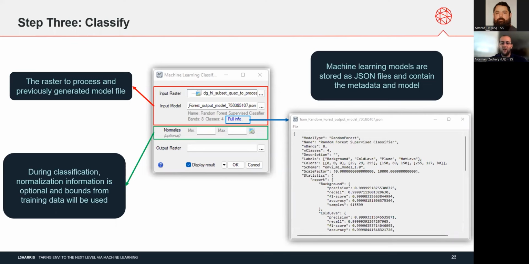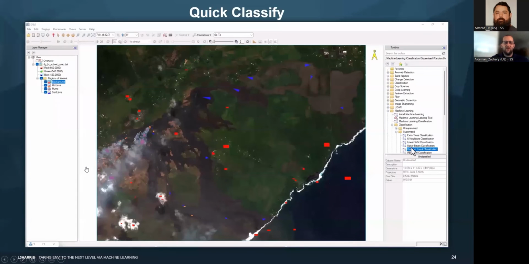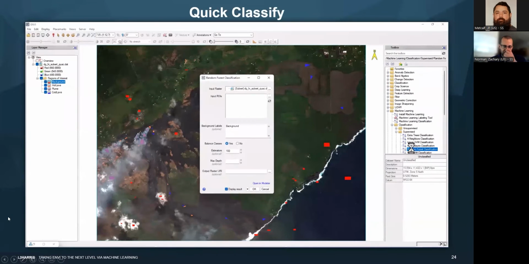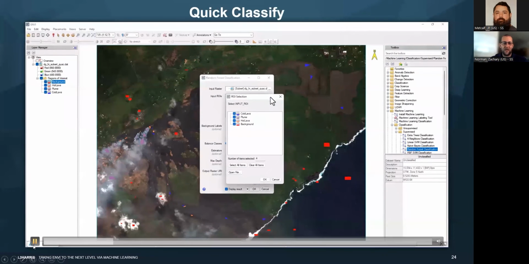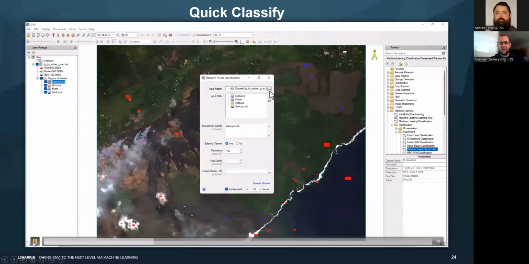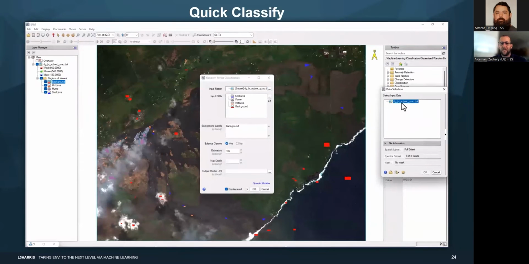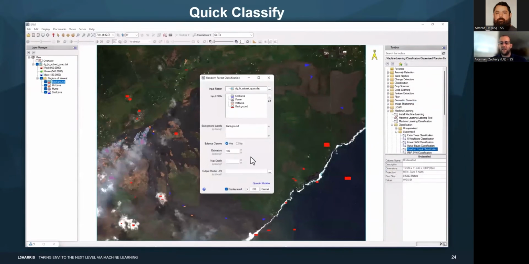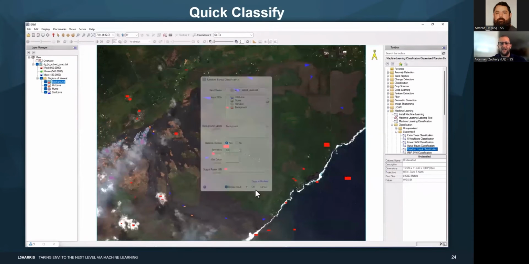And we'll talk about that a little bit more in just a second. But very quickly, those are our 3 steps for generating a machine learning classifier. And like I said before, we actually don't need to manually go through all those steps, because if we're using our easy peasy training tools, this will be automated for us. So this video shows selecting our image, picking our training data, and using that one-shot easy peasy classification tool for